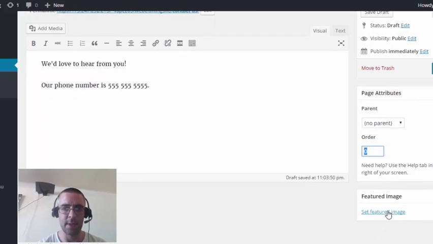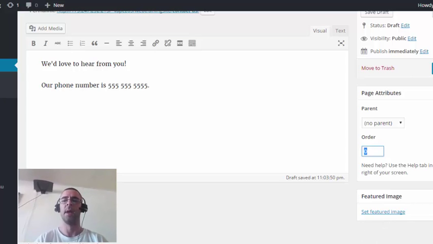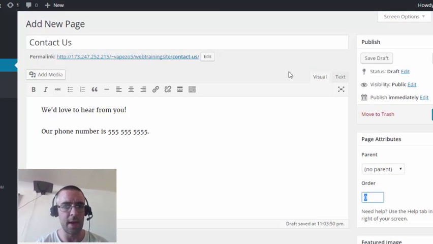and this is actually not commonly utilized for pages, so you don't really have to set this for your pages. This is more of a post thing, so you do want to set this on your blog posts, but not necessarily your pages. So in addition to that, we just have the permalink up by the title, and this is